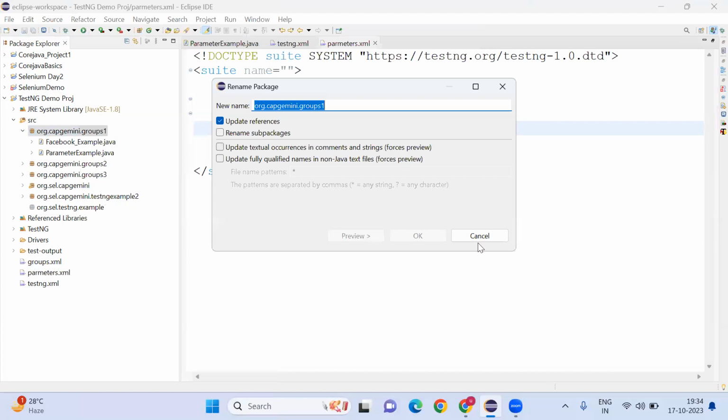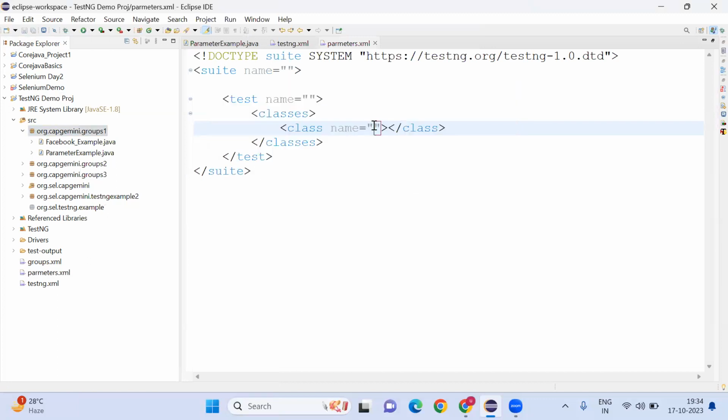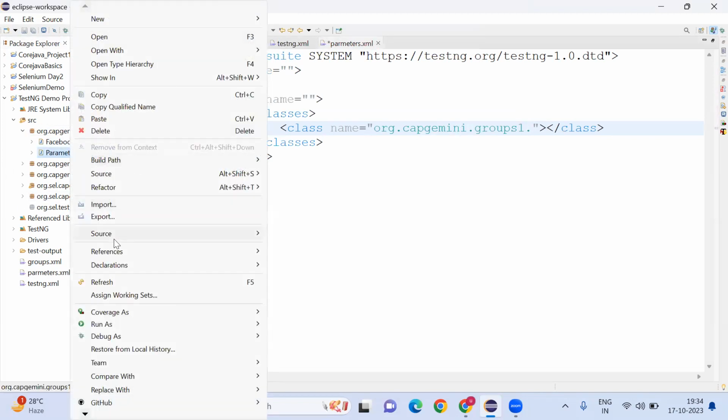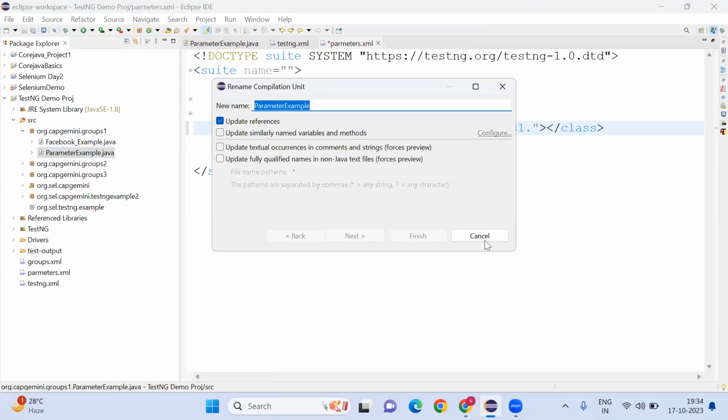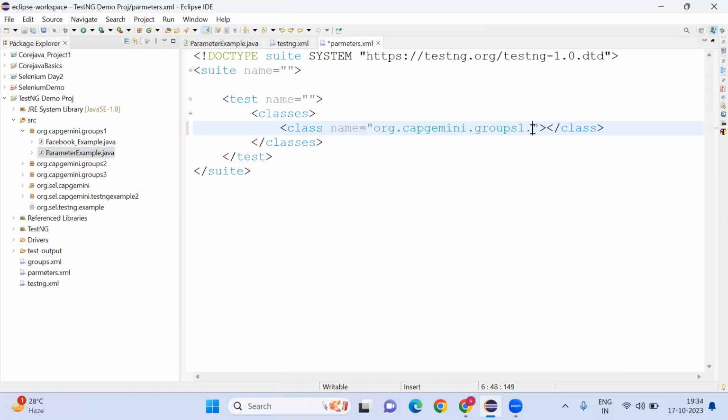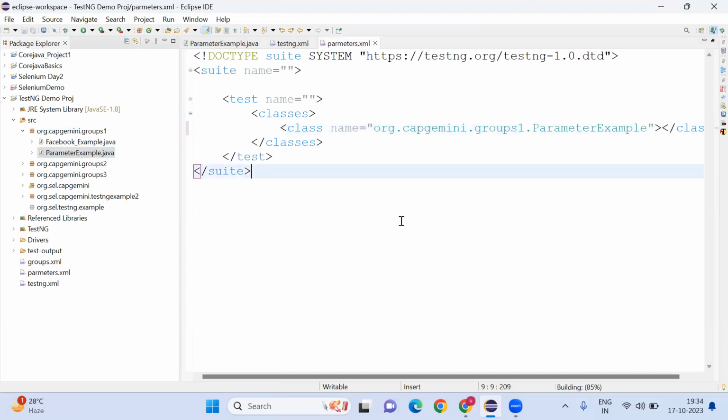You need to give both. Then regression test. Now